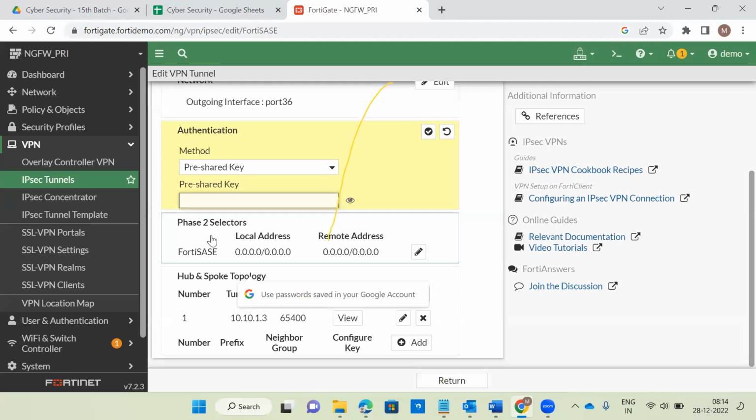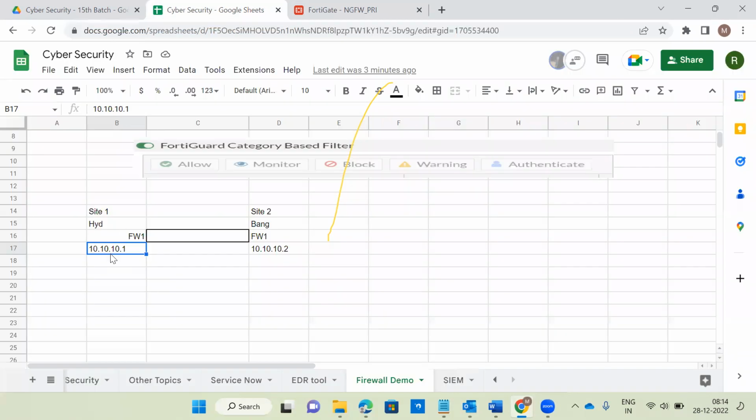So next one is phase 2 selectors. Here we have to provide the local address and remote address. That is what I'm saying. Local address is whatever the firewall 1 address is, and remote address is the firewall 2 address. After providing this information, next is the tunnel IP. For every tunnel, we have to enable one IP address. For example, here this is firewall 1, this is the firewall IP address. The tunnel IP address is, for example,